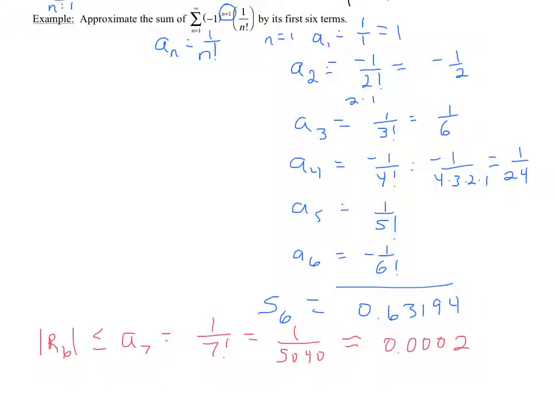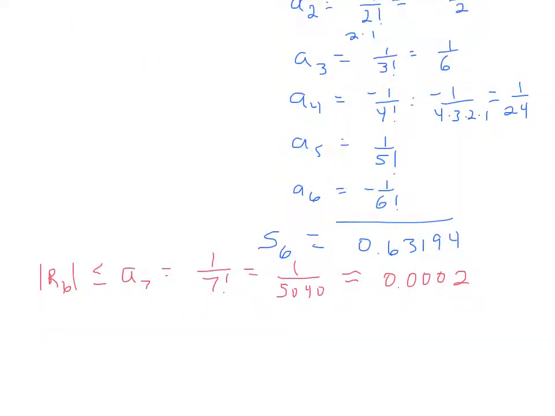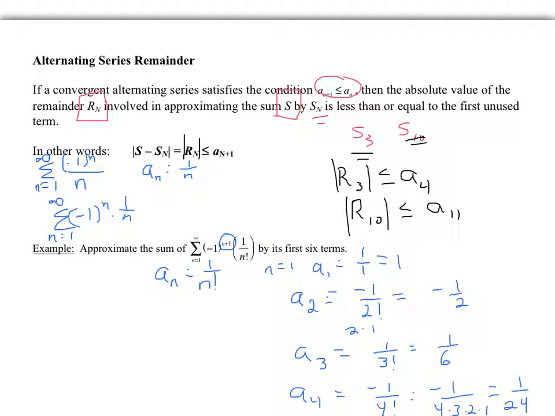So why do we care? Well, the reason why we care is because, according to our theorem that we looked at, the absolute value of the sum minus our nth partial sum, in this case the 6th partial sum, is equal to the absolute value of the remainder. But we can actually rearrange this. So if I have the absolute value of S minus S sub n equals the absolute value of R sub n,